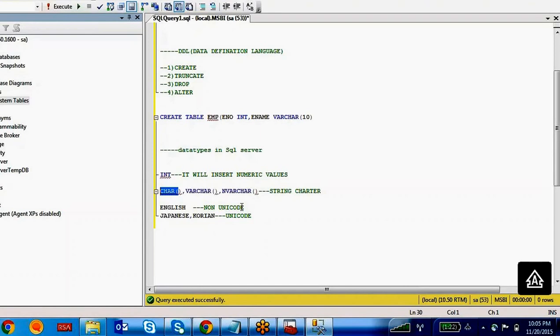And one more difference. For example, if you are giving 4,000 here in varchar, the length is 4,000. It is allowing 4,000 characters, which means each character takes a single byte. But with nvarchar, if you are putting 4,000 here, it is allowing only 2,000 Unicode characters.